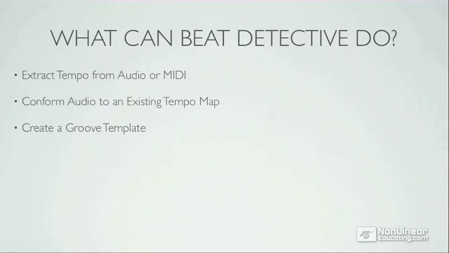By first using the tempo extraction capabilities of Beat Detective, you can improve the timing of audio material by deriving an average tempo for a track or section, and then use Beat Detective to separate the material into regions and conform the track or section to that tempo. Using all of these capabilities, you can capture the tempo or groove of one loop and apply it to others, which makes it great for loop matching.